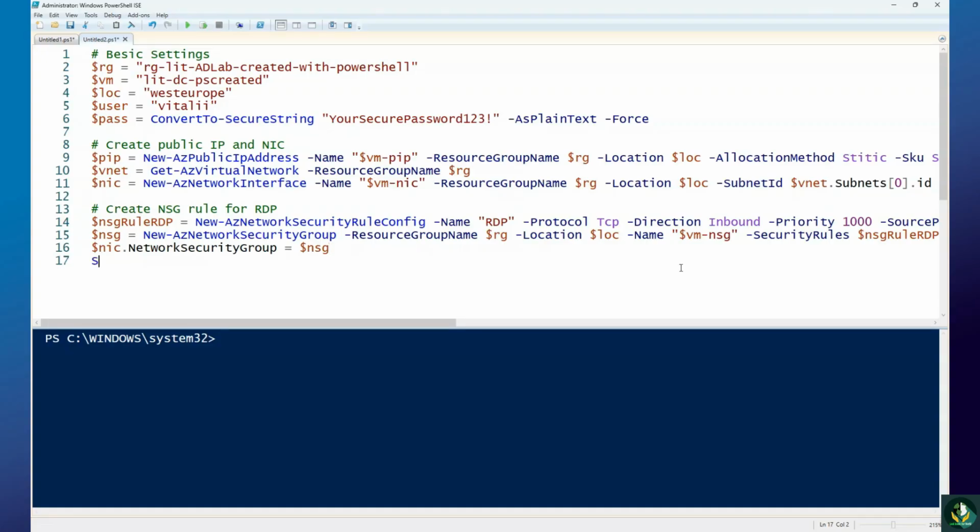And finally, we'll use set-az network interface, which will contain network interface parameter. Oops, we don't need this equal. We'll need dash network interface with NIC variable value. Okay, we are done with creating network security group rule for our RDP block, and we are ready to create